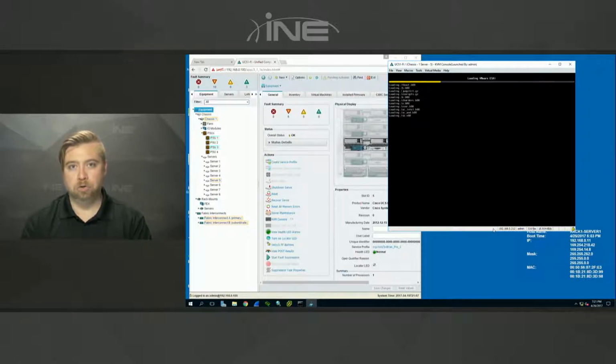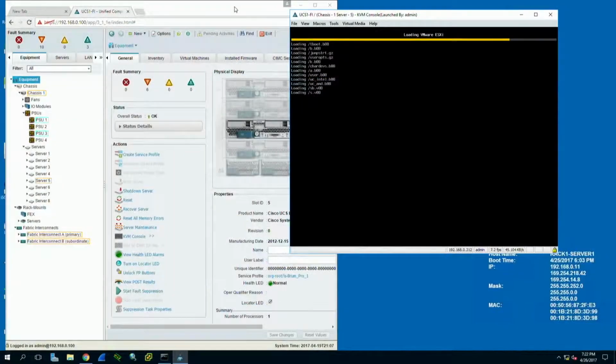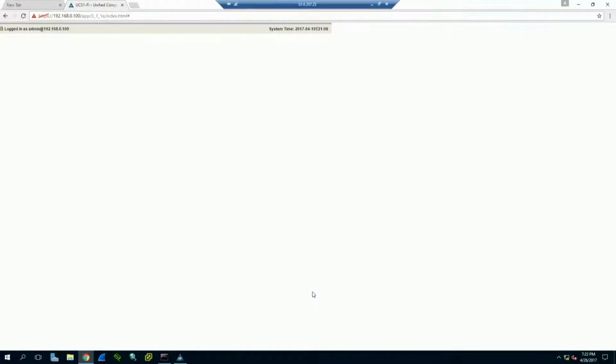The next thing we're going to do is make a copy of this service profile. We're going to change the worldwide port names. We're going to associate the new profile to a new blade, and then we're going to go through the install process to show, as if the disk was blank on the storage array, how do we actually get the OS onto it. So the first step I'm going to do is go under the server tab,